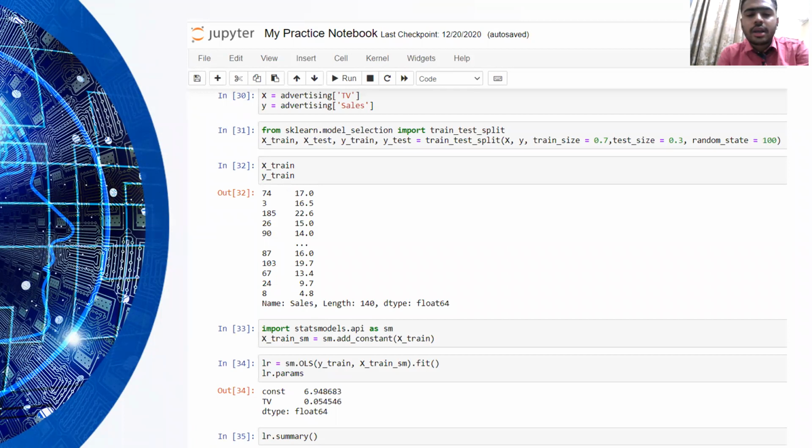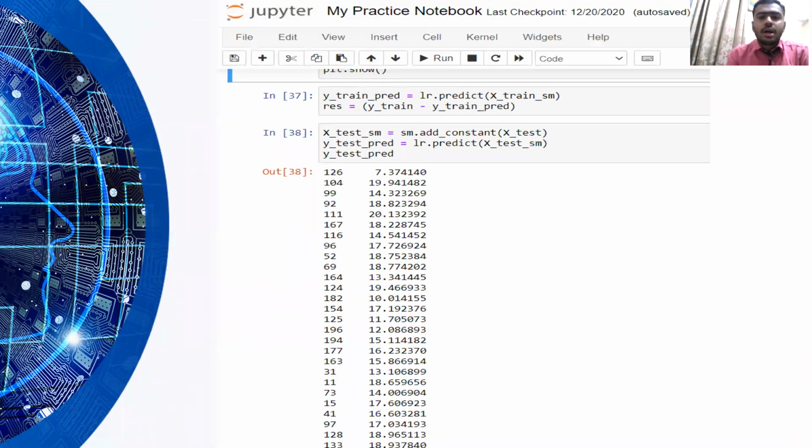Then we imported the train test split module from the sklearn library, and below that we imported the stats module as we want some basic stats to predict the values. Here we can see that we use the train.predict method to predict some values.